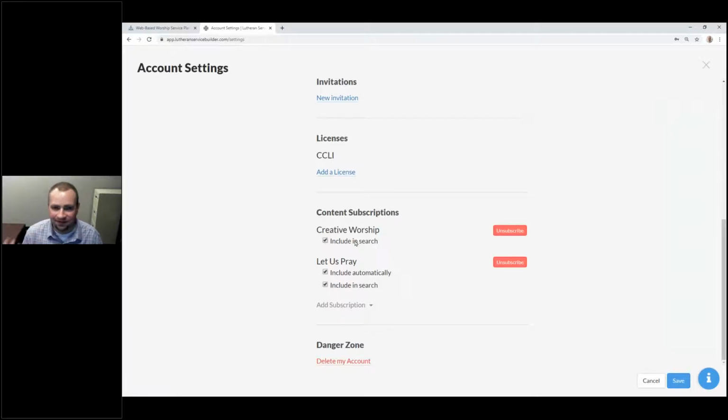There's all sorts of legal things that go into sharing content through a service such as Lutheran Service Builder. So it is not a simple process. It is not a quick process. It may not ever happen if you share an idea. But if you don't share an idea, and we never hear that from anybody else, I can guarantee you it won't happen. So feel free to share your ideas with the proper expectations that there's a lot that goes into doing it. It's not just a flip of a switch,